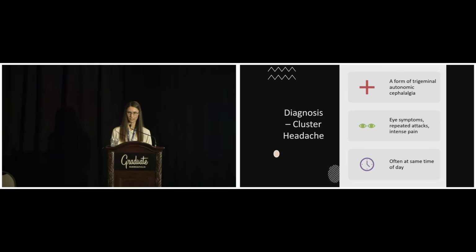This is cluster headache. Cluster headache is one of the trigeminal autonomic cephalalgias. This is a category of headache disorders, of which cluster headache is one, and I have a graphic on the next slide I'll show you. But by definition, it includes the trigeminal system. So remember those 3 main branches. The pain is typically around the eye or in the forehead or face. There are autonomic symptoms, so there's redness or tearing. There can also be flushing or swelling of that side of the face.